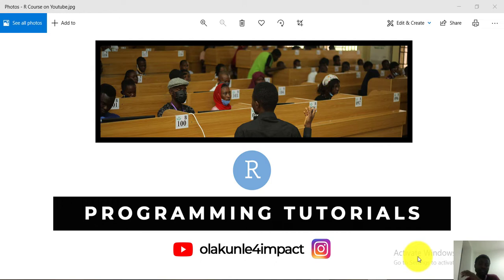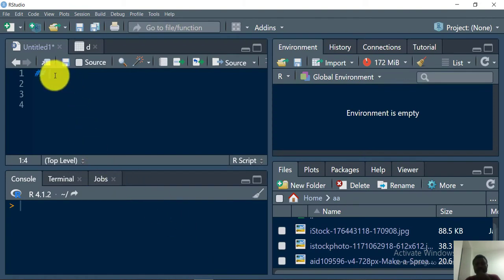In today's video, we will start a new series on the topic data frames in R. So what exactly is a data frame? A data frame is a two-dimensional data structure in R that can be defined by virtue of its rows and columns. So when we talk about the column, we are talking about each component. Each component constitutes the column, and the content we have underneath each of these components is what we have as